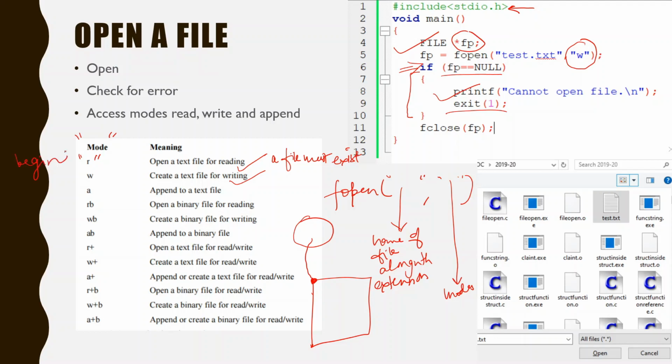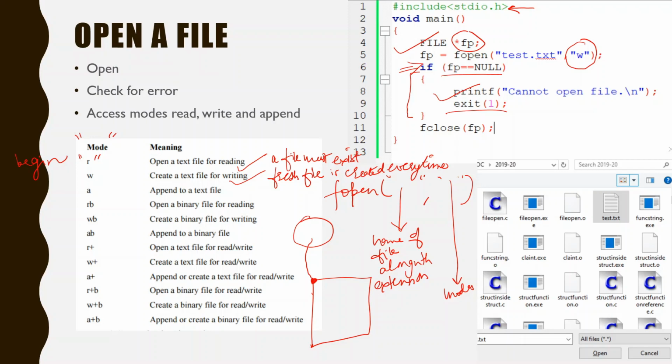Okay, in the write mode, you are trying to open a file which you want to write. But here, since it is a write mode, if the file does not exist, this does not produce an error and a fresh file is created. Fresh file is created every time. So for write mode, you have to remember that it creates a fresh file every time. It means if you want to open a file in the write mode, you have to make sure that its earlier content is not useful to you now,